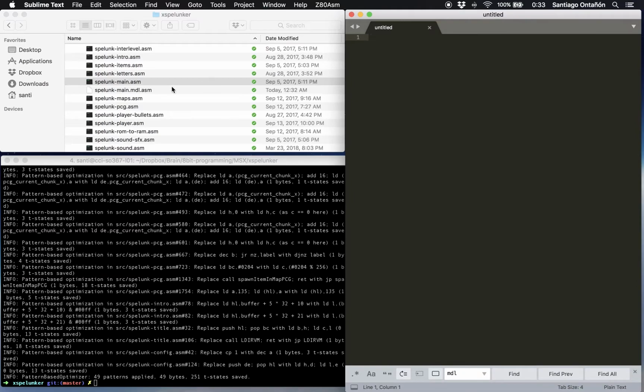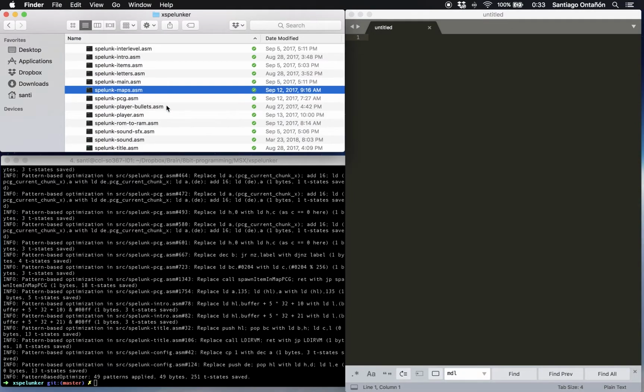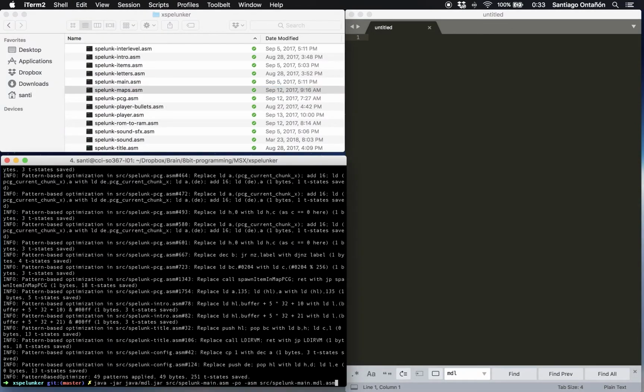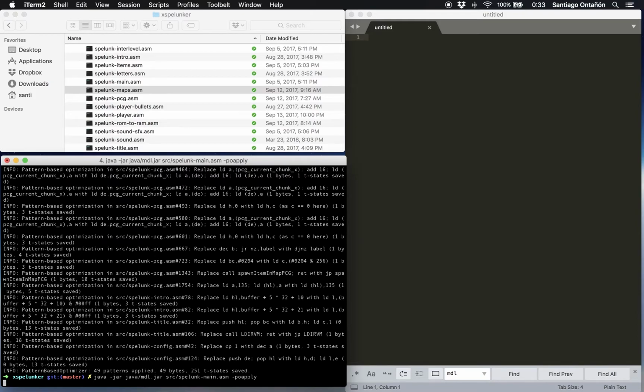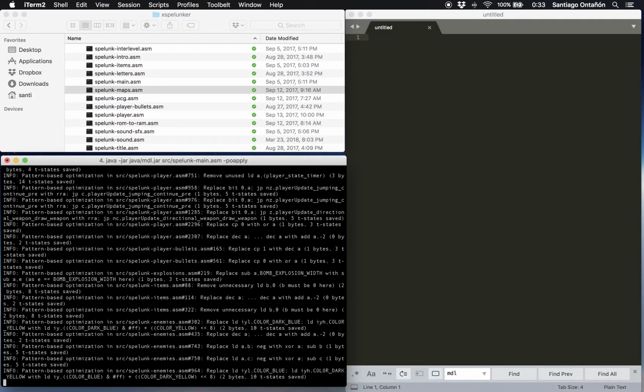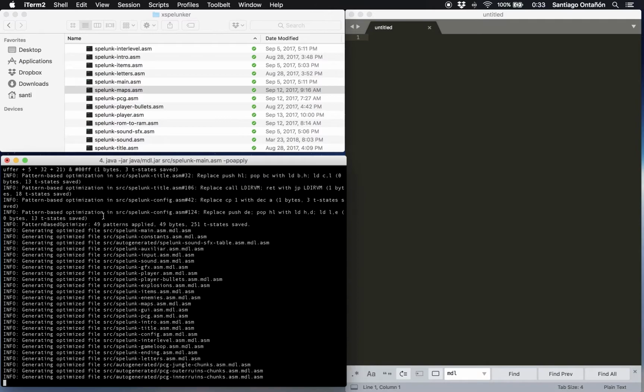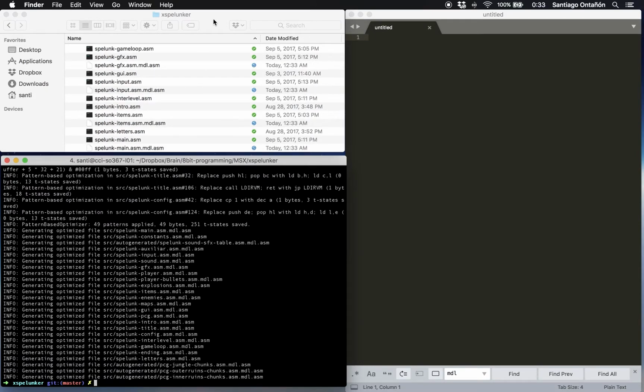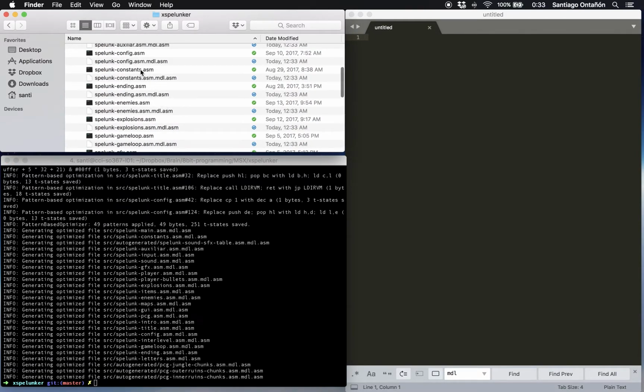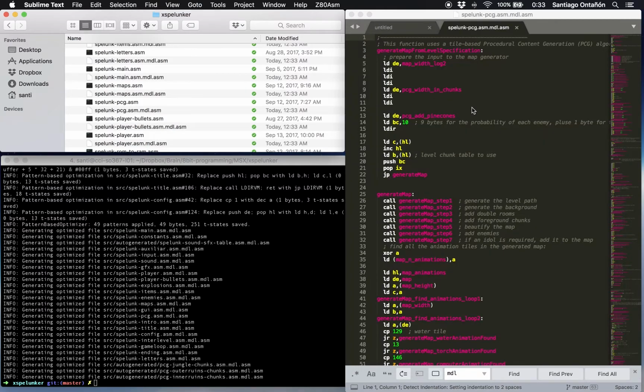If you don't like that, right? So let's say that we don't like this. You can just, instead of doing that, you can say pure apply, right? And now it's going to run the optimizer again. And now instead of generating a single file, it's going to optimize the different files separately, right? So now notice that for every file, there's a new .mdl asm file generated, right? And if I open one of them,